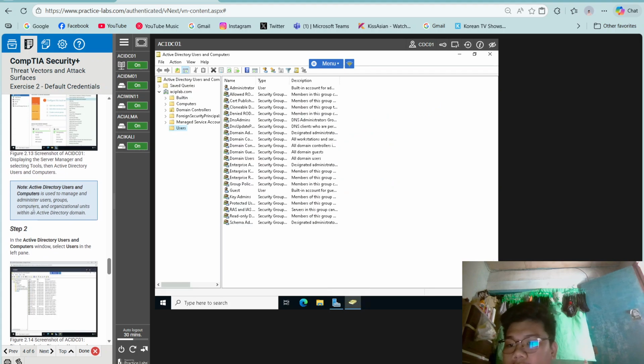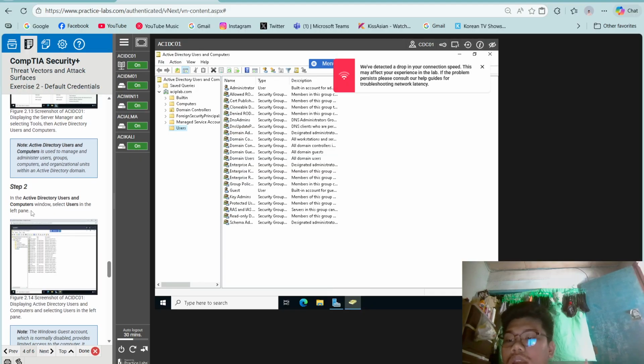Note, Active Directory Users and Computers is used to administer users, groups, computers, and organizational units within an Active Directory domain.